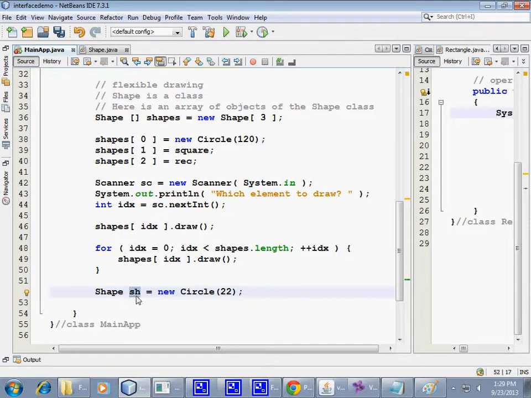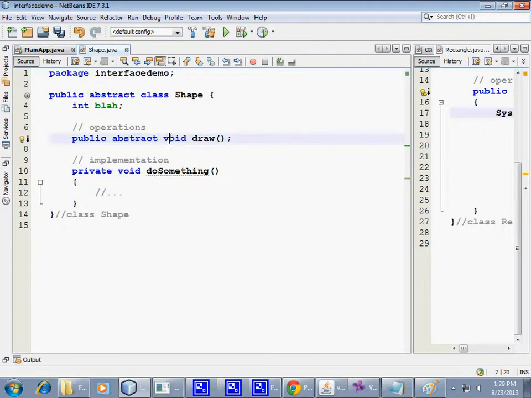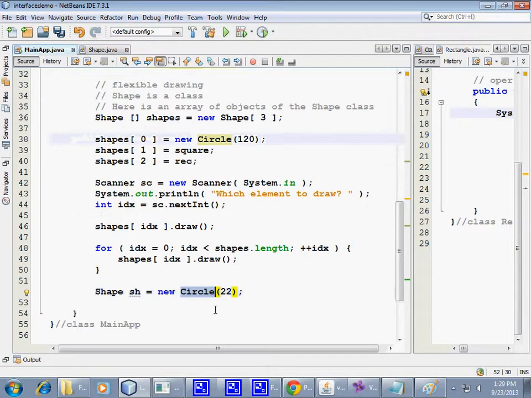The rest of the program will say, I'm dealing with a shape, and because shape is an abstract class, and I have a reference to some object, all I can do is basically call this method, right? That's all I can do. The rest of the program will be able to do something like that, just to call shape draw, but nothing else. Because shape is abstract, it cannot be instantiated, but any derived class can be instantiated, right?